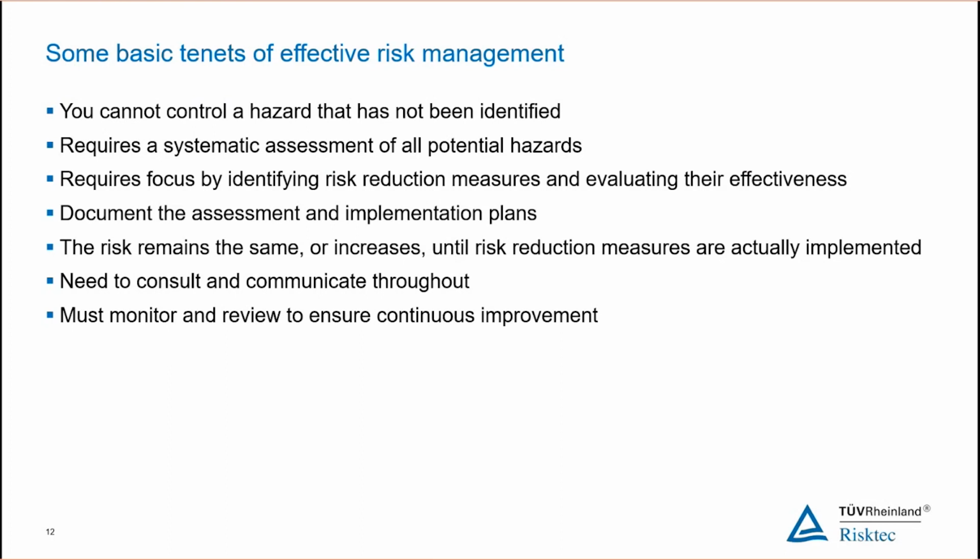So a couple of things that come out of something like that: a hazard that we don't know about is something we are not going to be managing effectively. So a hazard that's not been identified is a hazard we may be managing, but we're managing it by accident. We can't control a hazard that has not been identified. The better we do our jobs with regards to identifying and assessing our hazards, the better we will manage those hazards, because we understand how they can be released. We understand the controls that we have in place.